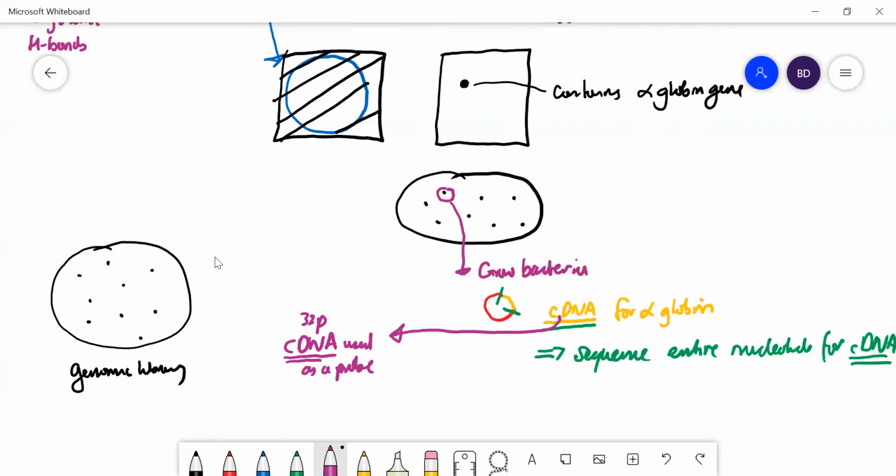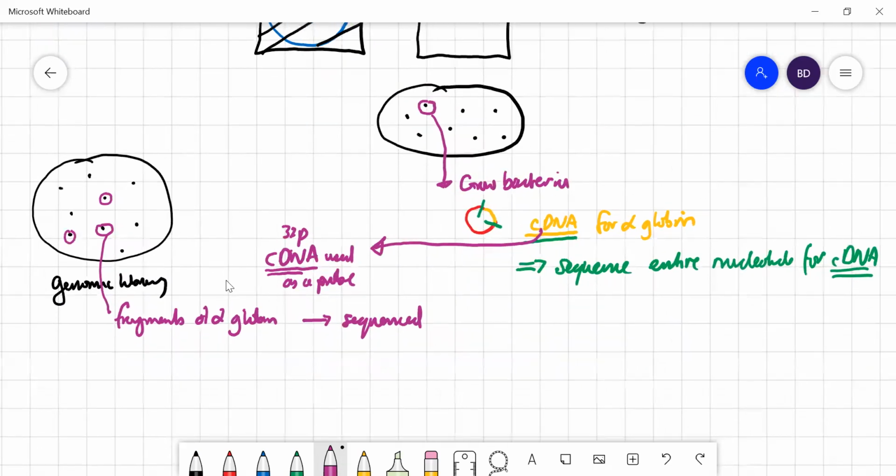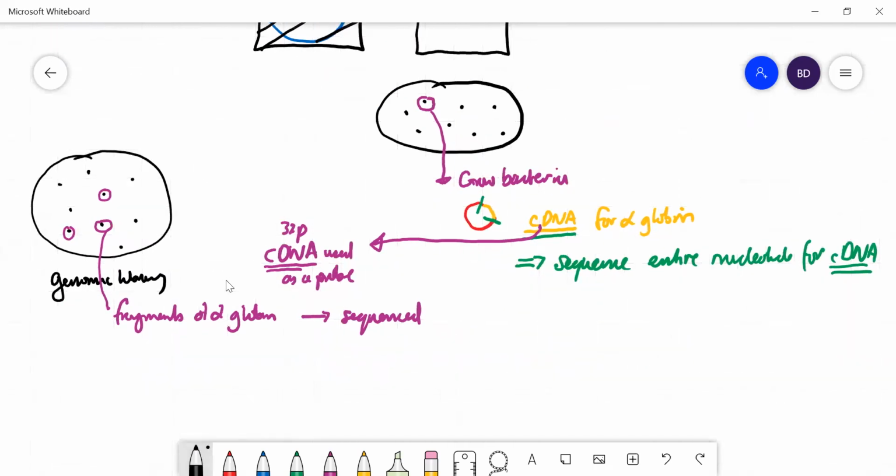And then you might find, out of several 20, 30, 40, 50,000, you might have 3 colonies which contain fragments for the alpha globin gene. That can then be sequenced. You can knit those 3 fragments together,